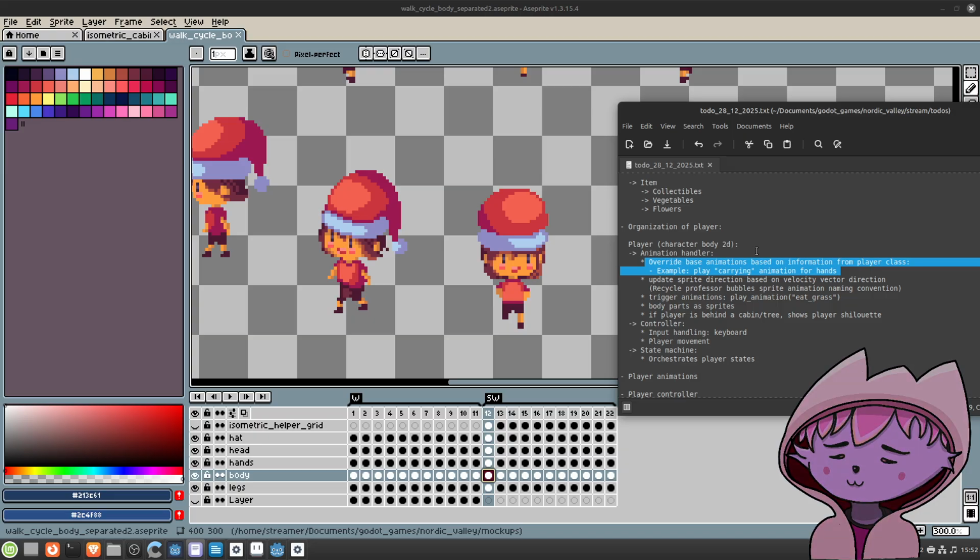This would be, of course, much easier to implement if I would tie this whole animation handler to the player. So it would be tempting to make an animation handler for the player.